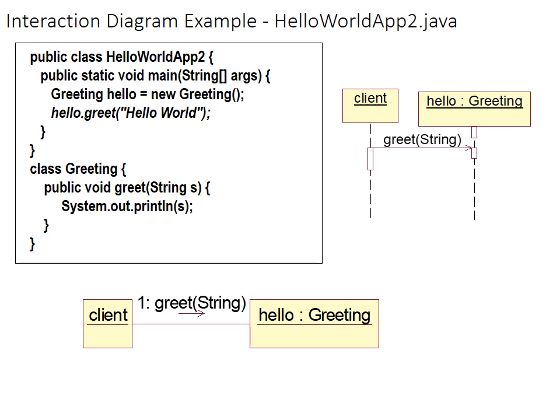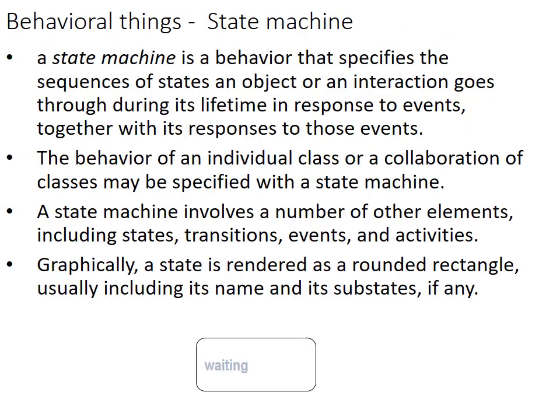So when you come to the application in public static void main, I create an object called hello with the Greeting class. See, Greeting hello equals new Greeting, and hello dot greet, I'm calling the function called greet, and in brackets I'm passing a string, hello world. Later it will be printed on the screen. So that's how Java to design or design to Java takes place.